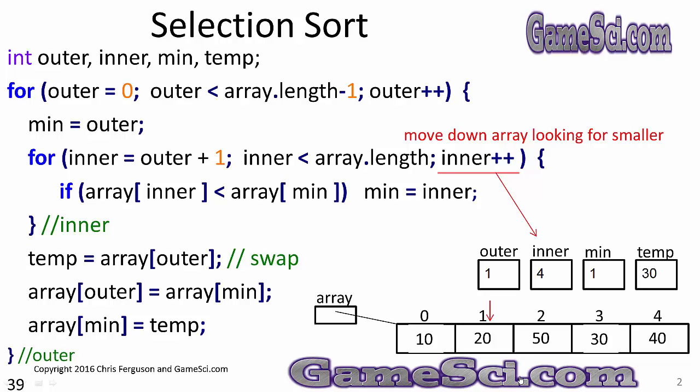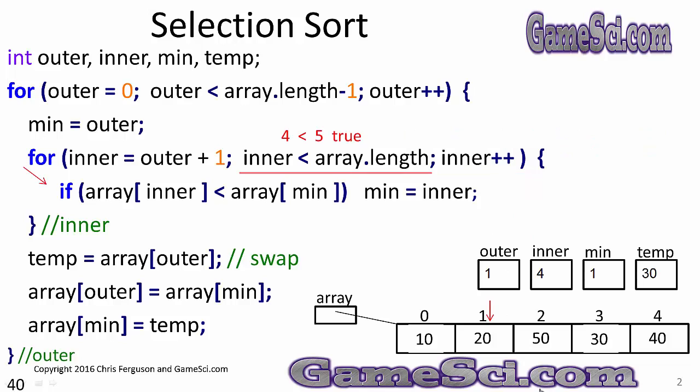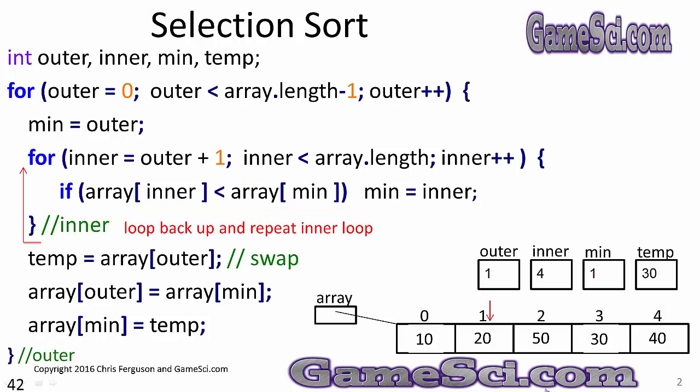Inner plus plus says move to position 4 of the array. Move down the array looking for a smaller value. 4 less than 5 is a true statement. As a true statement, we'll go inside the body of the loop and execute the body of the loop. Array sub inner, or 40, less than array sub min, which is 20, is clearly a false statement. We have not found a smaller value. So we'll skip the body of the if, hit the end of the loop, and loop back up and repeat